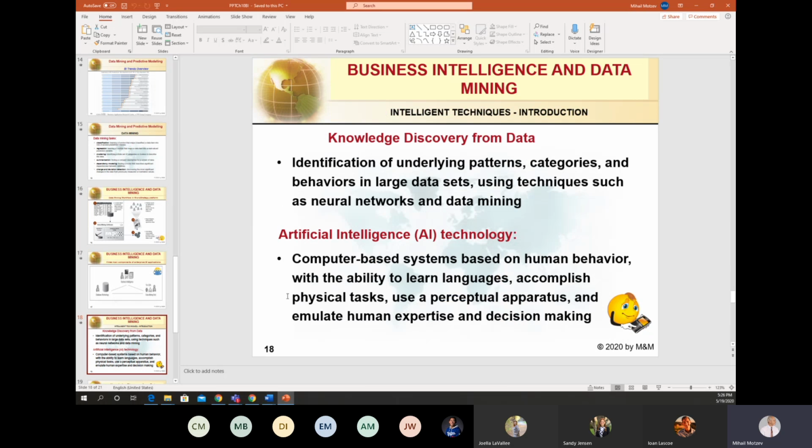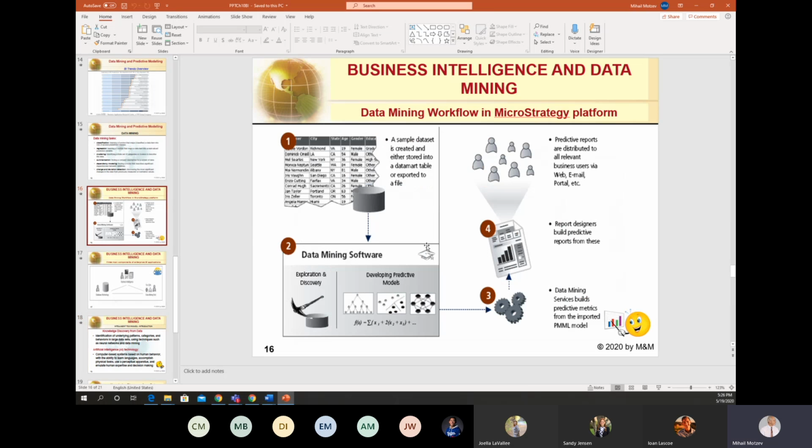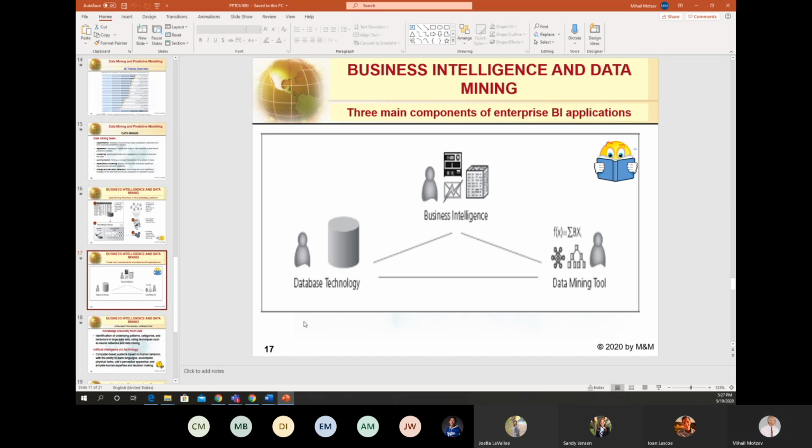So we can summarize and say that data mining appeared as a tool to retrieve, to discover useful knowledge from these big data pools and databases and present them, deliver them to managers, business intelligence users that can use them and make better decisions.